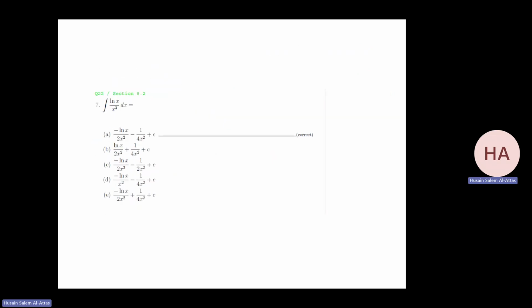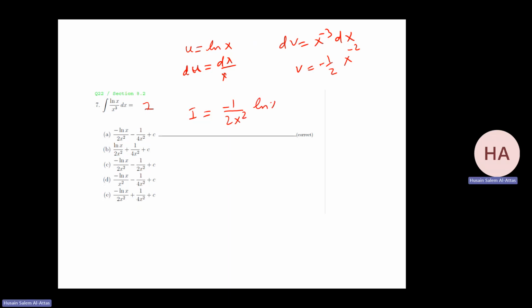Yeah, I think I will do these two, then I will stop. Ln x over x cubed. Yeah, I will let u be ln x, dv be x to the power minus 3 dx. So du will be dx over x, and v, I add 1 to the power, it will be what? Minus 1 over 2 x to the power minus 2. Yeah, so this integral will be what? Minus 1 over 2x squared times ln x